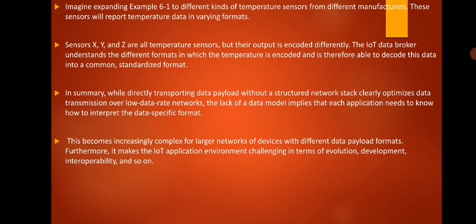So yes, if you are using constrained devices, then we can go for this type of logic without any application protocol. But if you try to implement this concept for a huge IoT network, then it will be meaningless, because it will increase the overhead for the network, since we need to use the brokers.